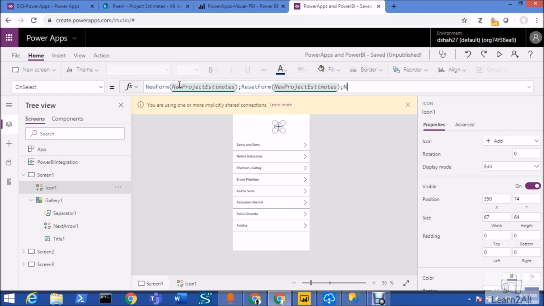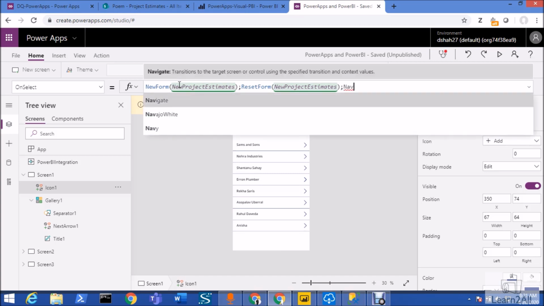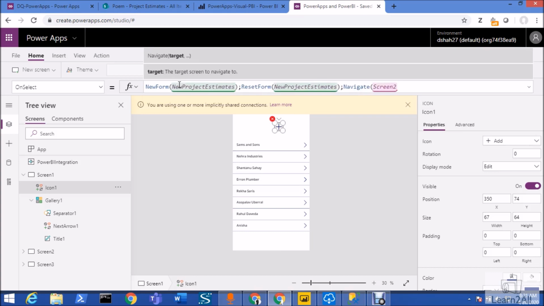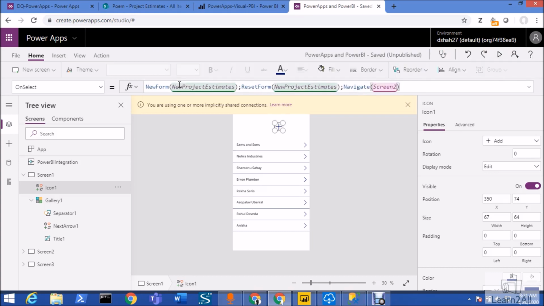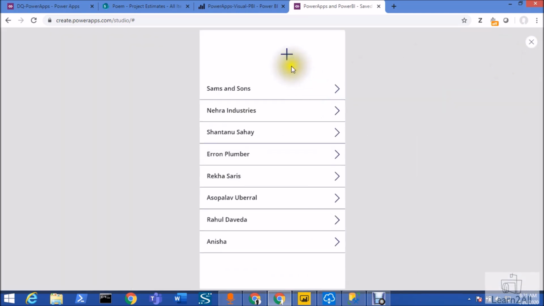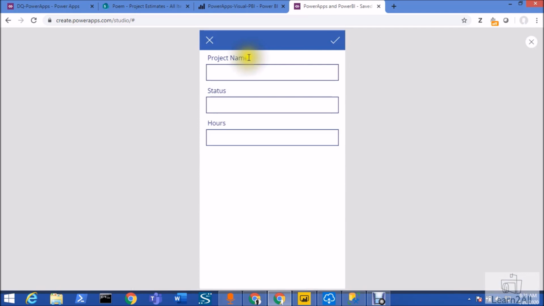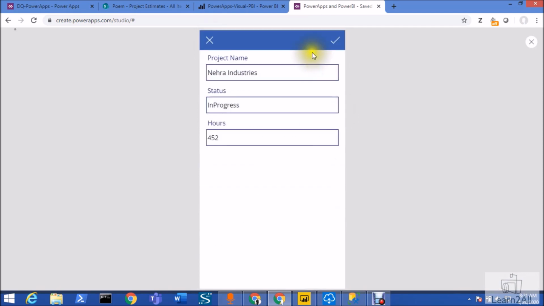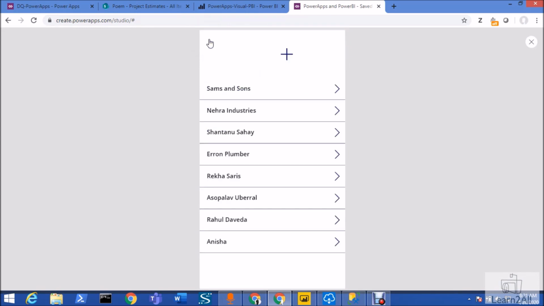With that we want to navigate, so navigate to screen 2. Alright, so this is the new line of code. Once we click on this new, we will have this option. On edit as well, we will have this option.